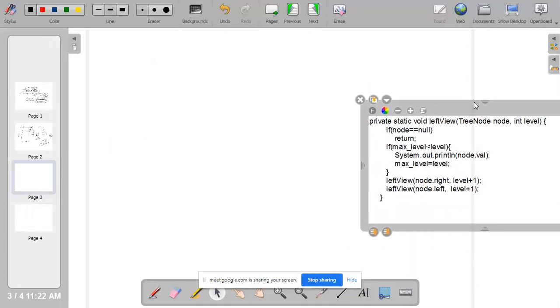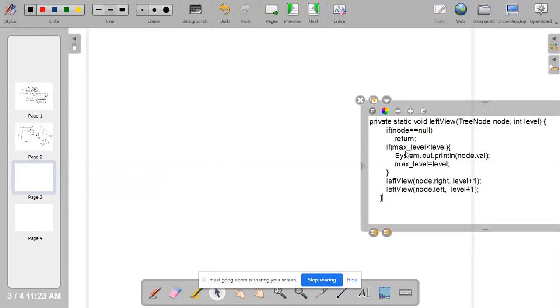So what is the idea here? This part is very clear, right? Left view of node dot right with level plus 1, and left view of node dot left with level plus 1. This I'm doing as part of the hypothesis. Here I am giving some level, and I am starting from 0. I'll explain why.